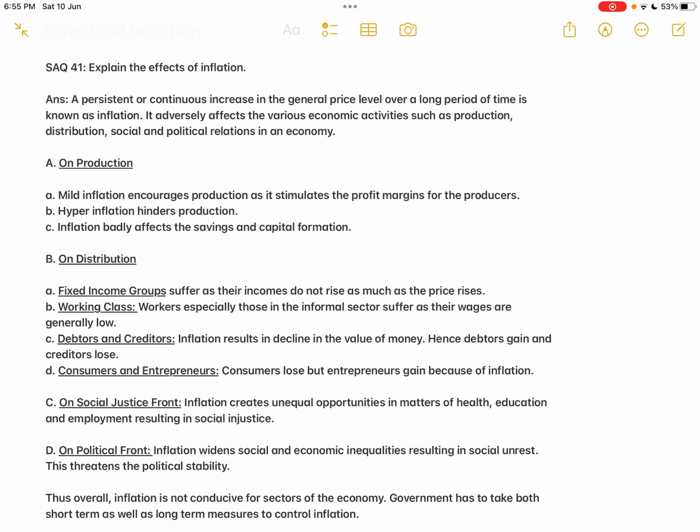So A, on production. Mild inflation encourages production as it stimulates the profit margins for the producers, and second one, hyperinflation hinders production. Okay, mild inflation, if you remember the types of inflation, what are all the types of inflation? Creeping inflation, walking inflation, running inflation, hyperinflation, isn't it? So mild inflation, that is the demand pull inflation, when the inflation is up to 2%, 3%, 4%,